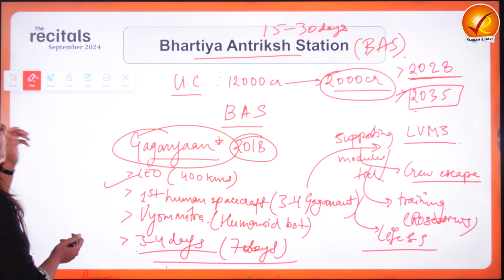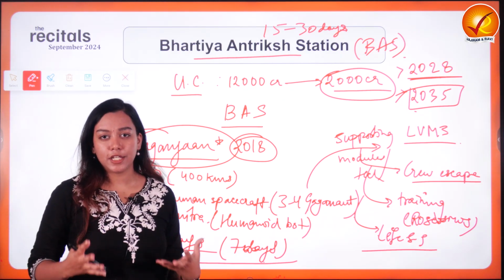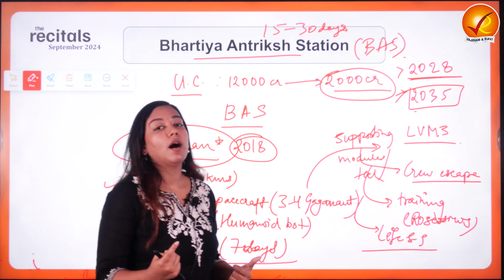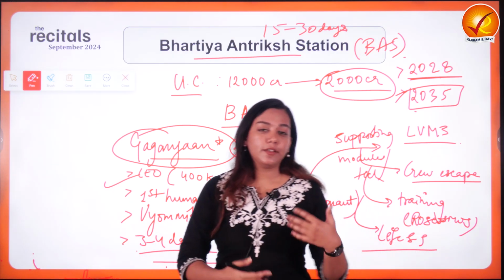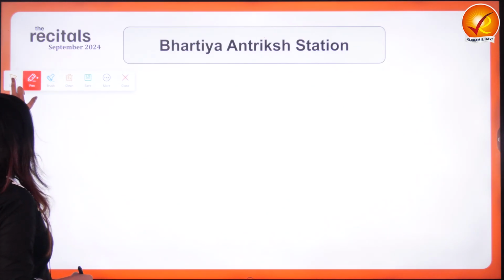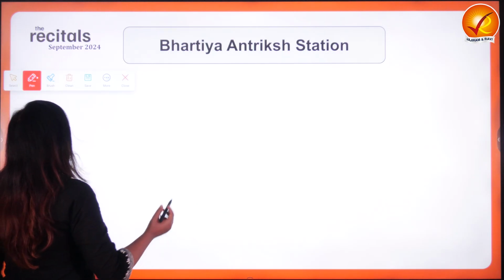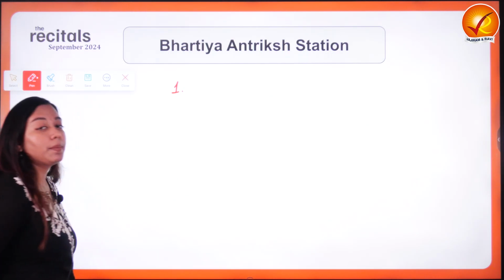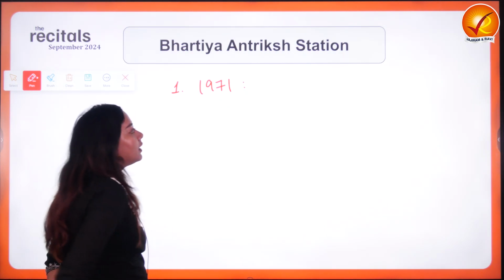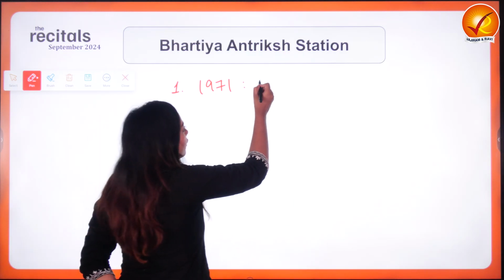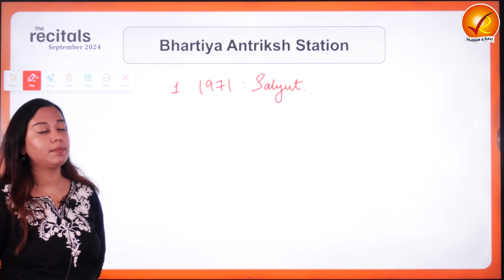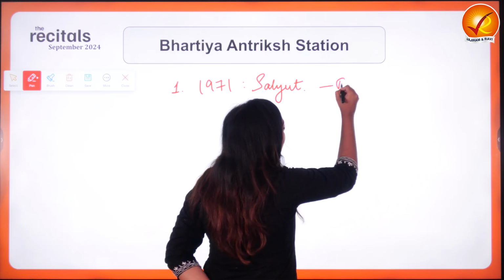Now, do we have any previous existing space stations for carrying out research and development in space or not? Yes. This was also in the news because of Sunita Williams and the fellow astronauts who were stuck in space. So let's look into the other space stations that have been there. The first ever space station, or Skylab, created by mankind was in the year 1971, and that too by the erstwhile Soviet Union. The first ever space station made by humans was named Salyut. It was created by Roscosmos.